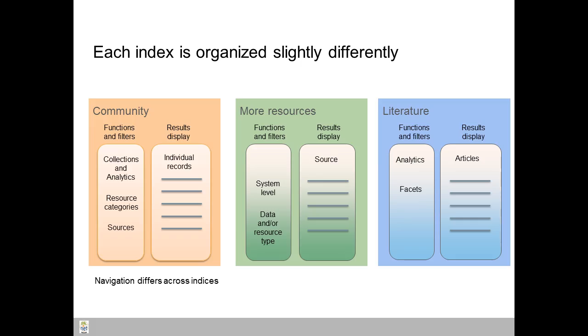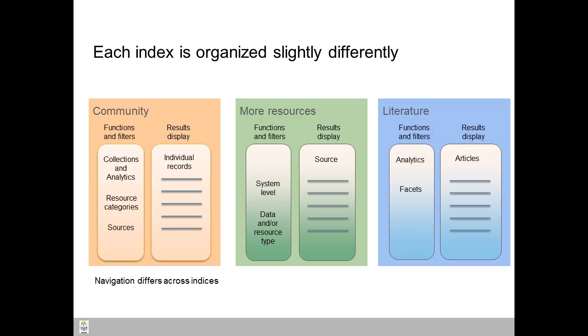And each of these indexes is organized slightly differently, and you'll see this when I go through the display of the various search results. In the community section, the functions and filters are based around the resource category. So one can think of this like your Amazon menu of resources that you might be interested in, and we display individual records for those various resources